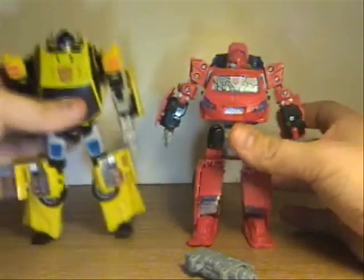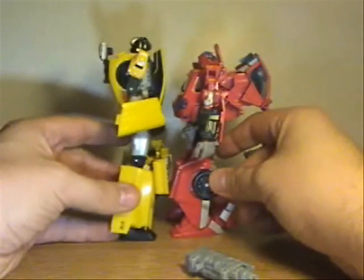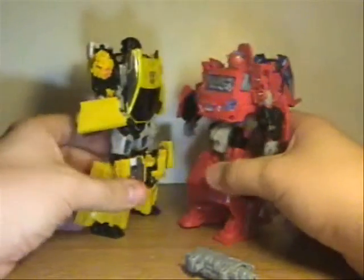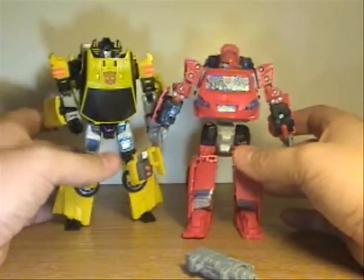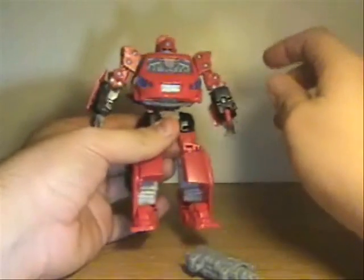Size comparison here is with Sunstreaker. As you can see, Sunstreaker is a little bit taller than him, which again doesn't really make sense. Ironhide should probably be taller, I would think. I don't know. So to go ahead and transform him back, straighten out his head kind of,